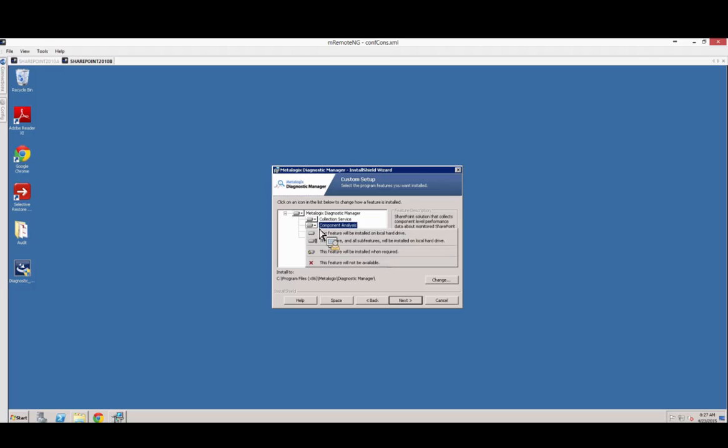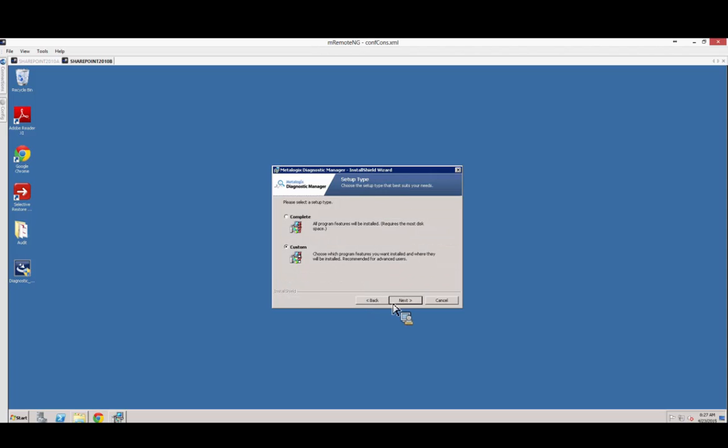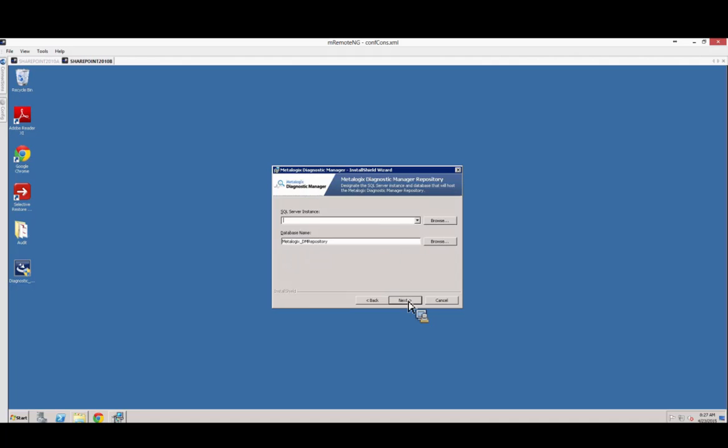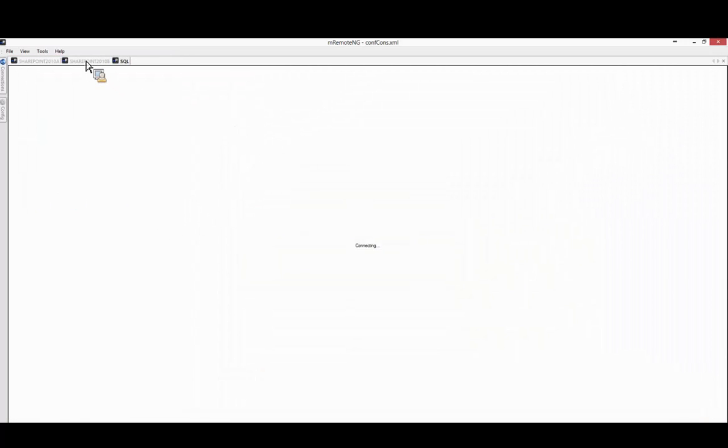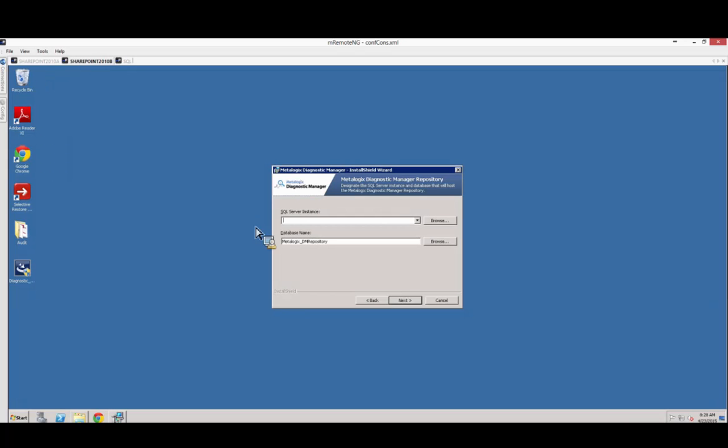But note that you can, if you want, opt not to install specific components if need be to distribute the installation out. But again, for me, I'm going to do a complete install, easy peasy. I'm going to define my SQL Server instance, which I'm going to go and pull it up over here. I have a server called SQL that hosts a 2008 R2 instance of SQL Server. I'm going to define that as my